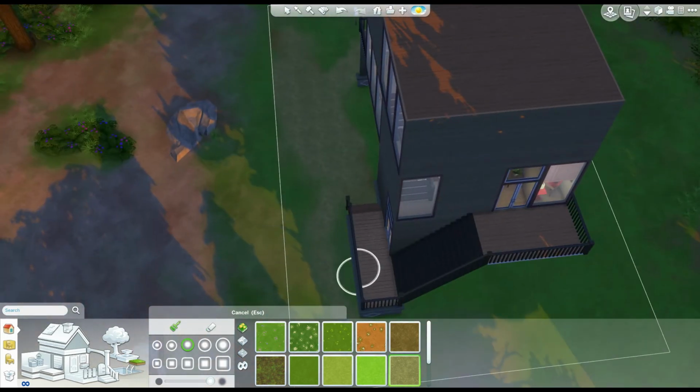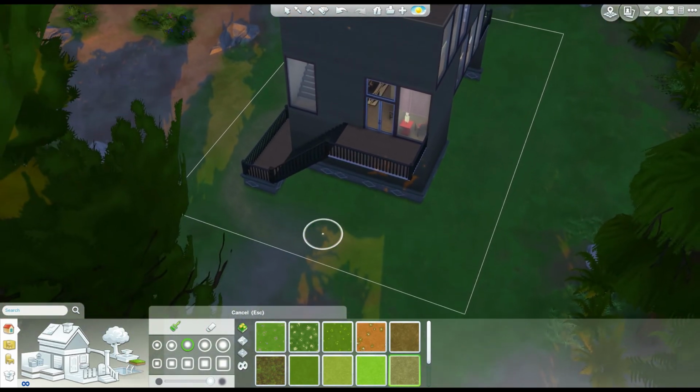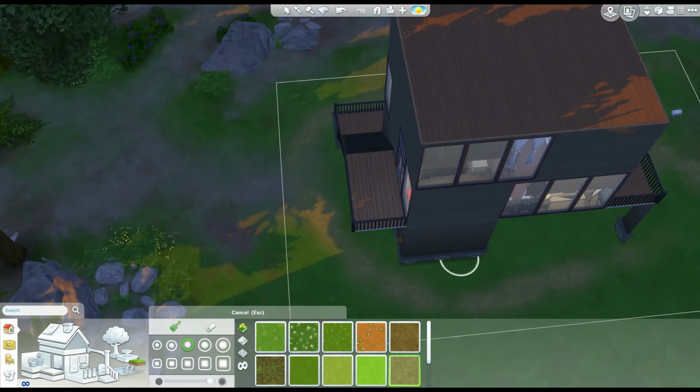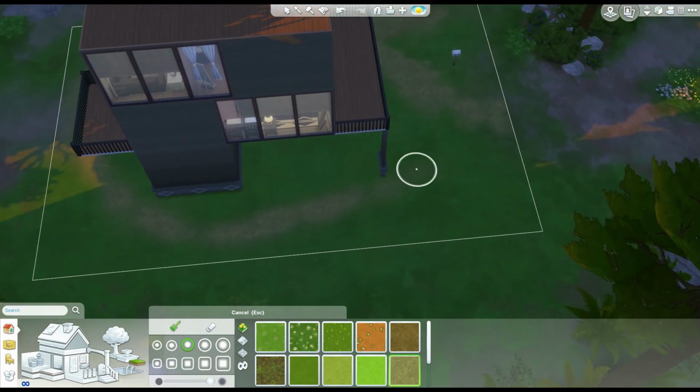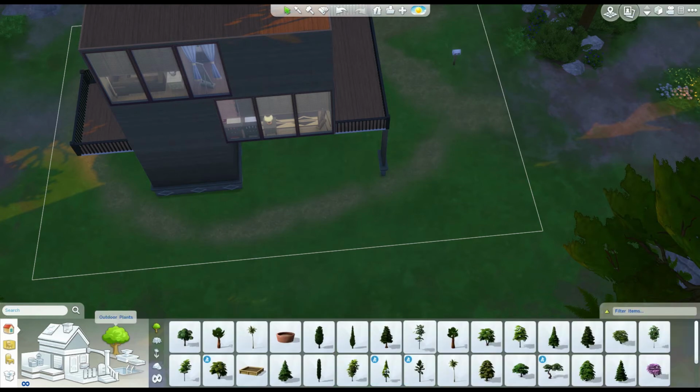And maybe this other way around as well. I'm not sure what I want to do with this garden here, just because you're already outside, so maybe I should just put in some activities and stuff like that for your family to enjoy while they stay here. But actually, let's just get some